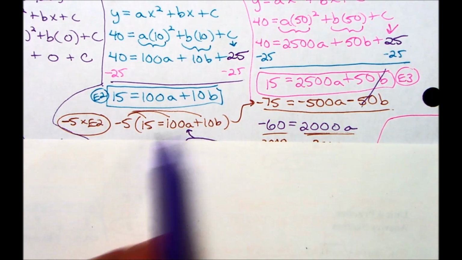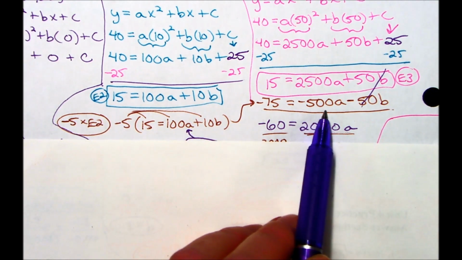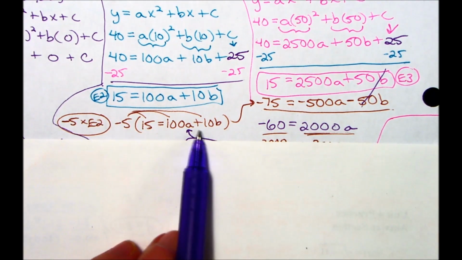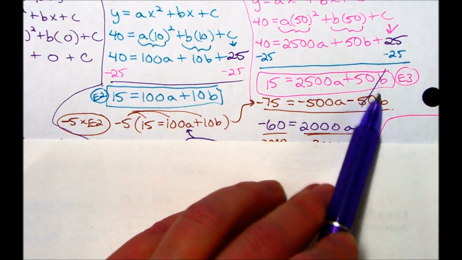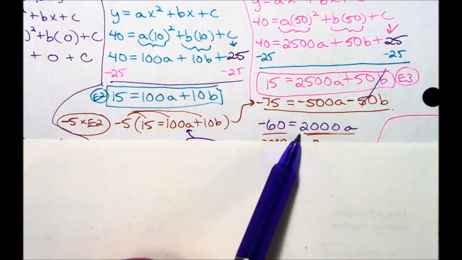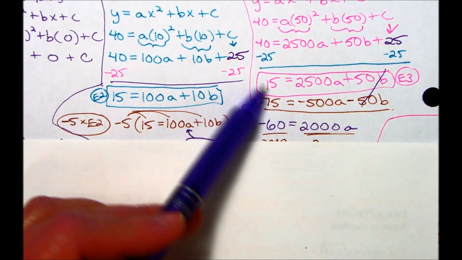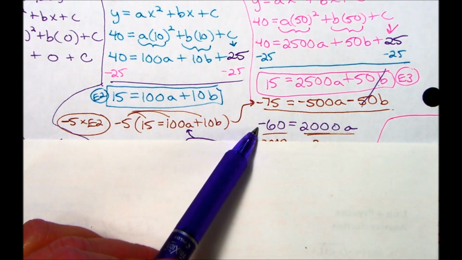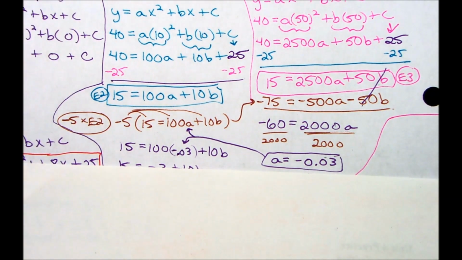So -5 times 15 is -75, -5 times 100 is -500a, and then -5 times 10b would be -50b, which is what I wanted to cancel out those b's. Combine your a's: 2500 minus 500 gives you 2000a. 15 minus 75 is -60. Then divide by the 2000 and I get a equals